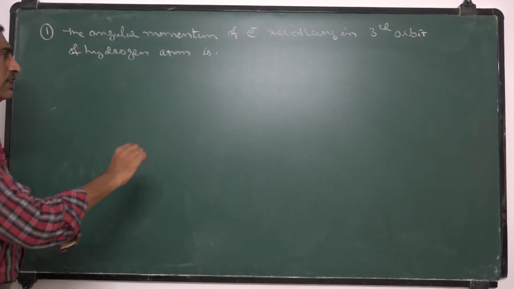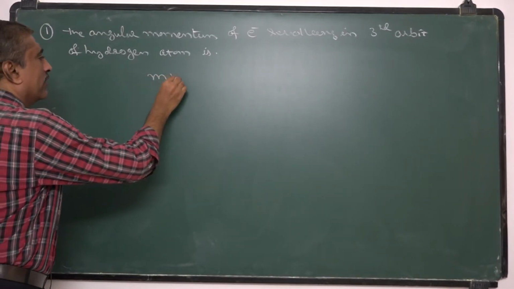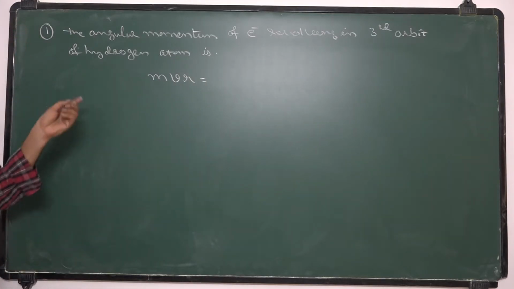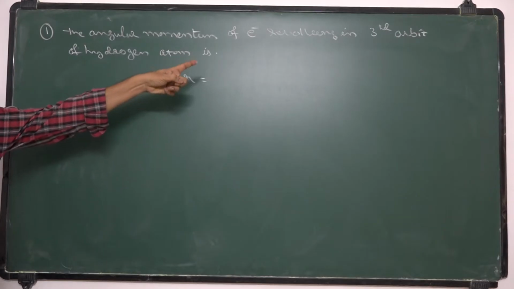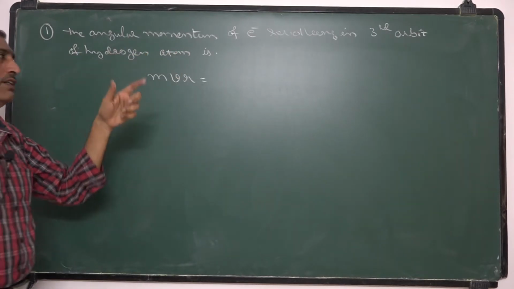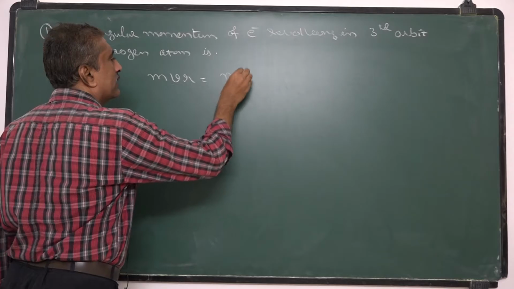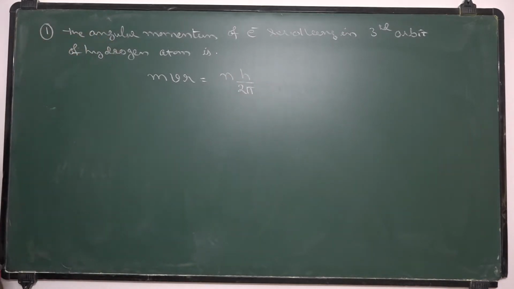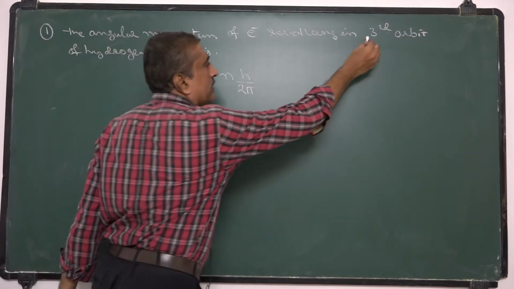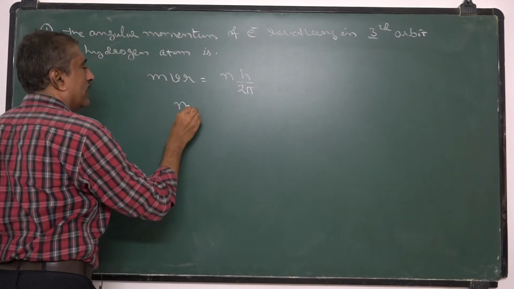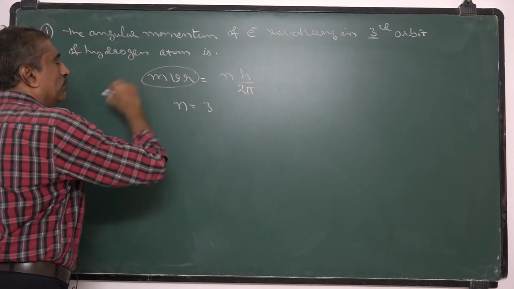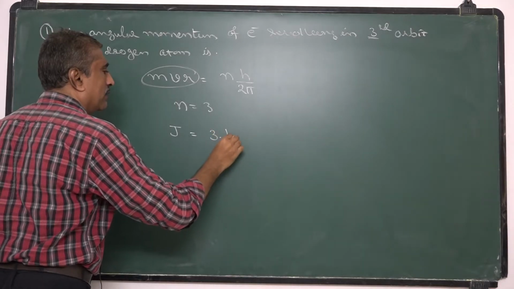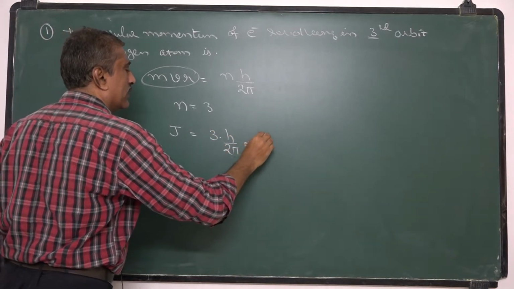Okay, whatever it is, the angular momentum mvr, according to Bohr's model of atom, the angular momentum of an electron revolving in a particular orbit or stationary orbit is equal to nh by 2 pi, integral multiples of h by 2 pi. So here it is given as third orbit, so we have to take n equal to 3. So this is angular momentum J or L equal to 3h by 2 pi, that is